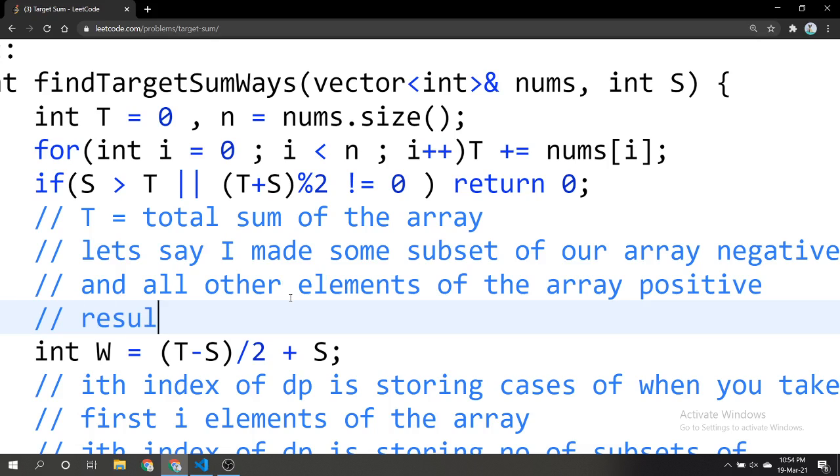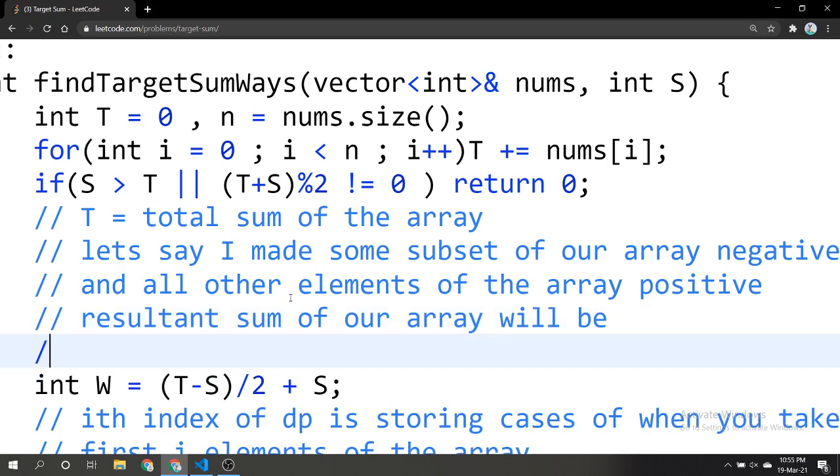The resultant sum of our array will be, let's say the subset I made positive has some sum x.